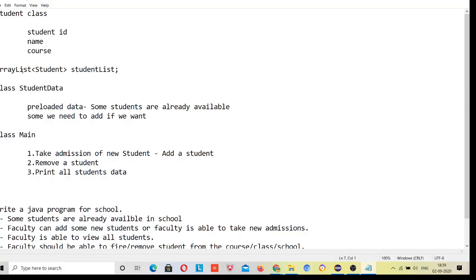Now, suppose the name is string, then you cannot add any floating point to it, right? Suppose the course is also string. And the student id is integer type, and now you cannot add any floating point number here because you have defined integer, string and string, right?